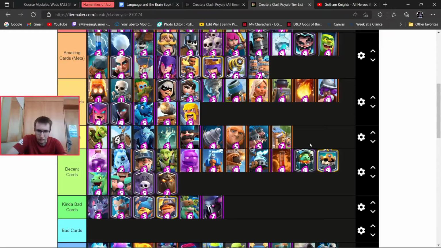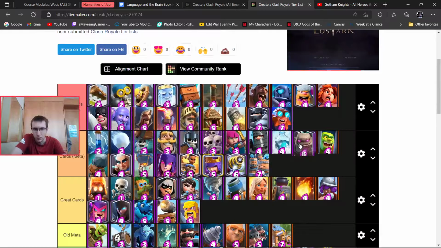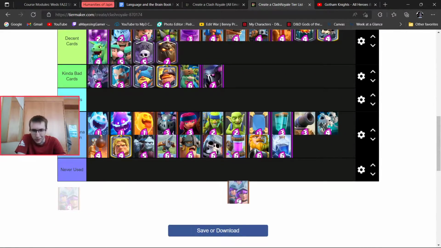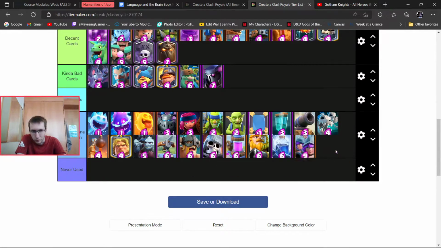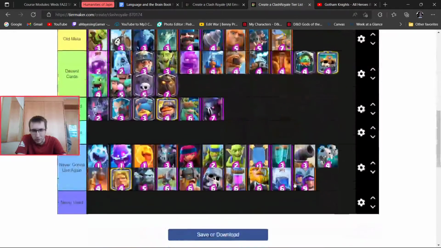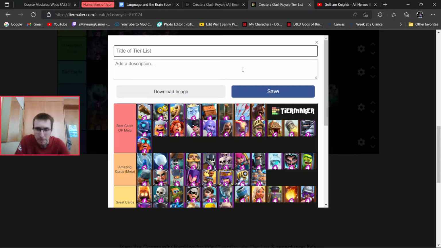For the Barbarian Hut, I liked the old meta where you got two and then four when it ended. For Golem, I'm gonna put in great because they're not amazing, but they do distract a lot of people. And then I'm never gonna use the Three Musketeers because they just suck. So, anyways,